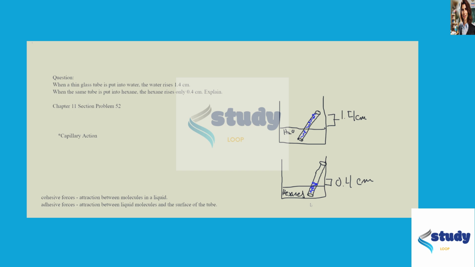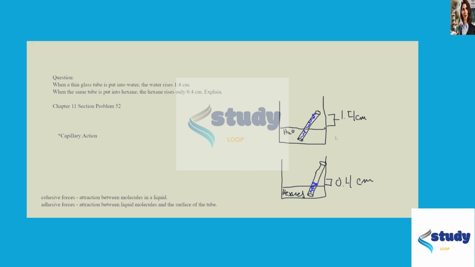Okay, this is chapter 11, section problem 52, and it asks us: when a thin glass tube is put into water, the water rises 1.4 centimeters. When the same tube is put into hexane, the hexane rises only 0.4 centimeters. Explain. So I've just drawn this